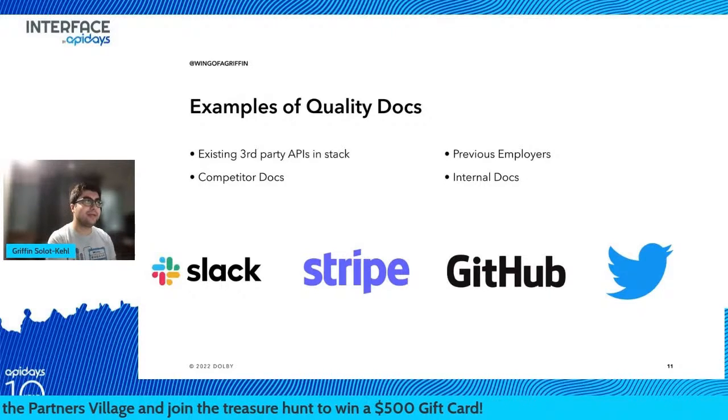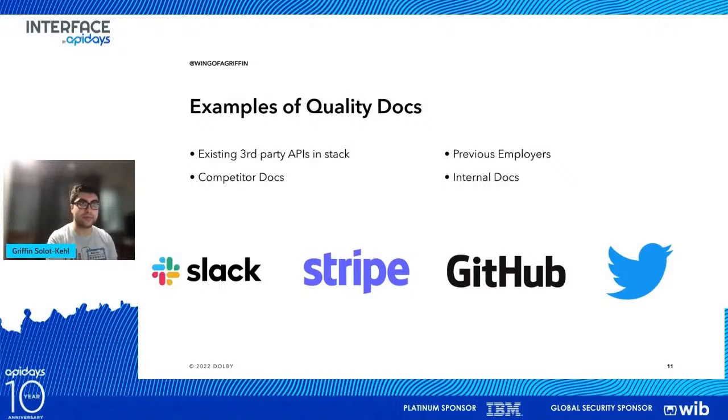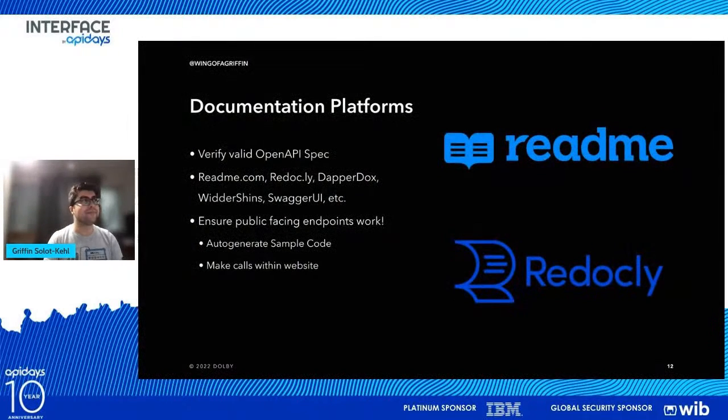I like taking a look at Slack, Stripe, GitHub, and Twitter as examples of documentation that I've had a good time with, but take advantage of what's going to be relevant towards the industry and the marketplace and the developers that are going to be using yours. What are they familiar with? What did they consider to be good documentation? And customize it towards that.